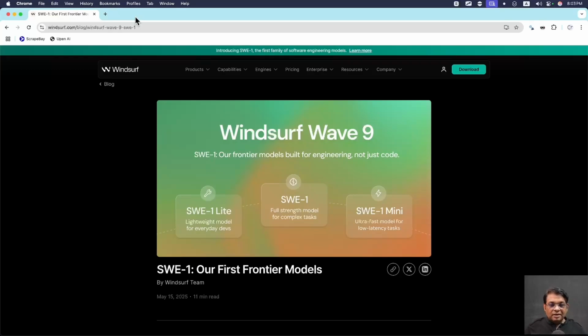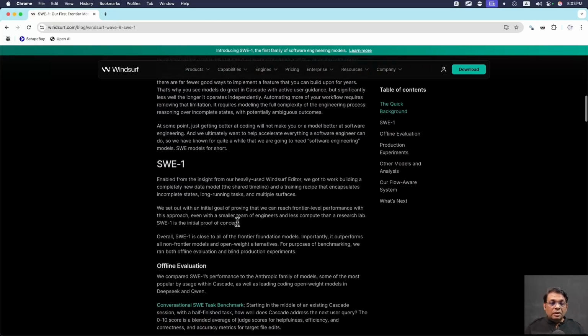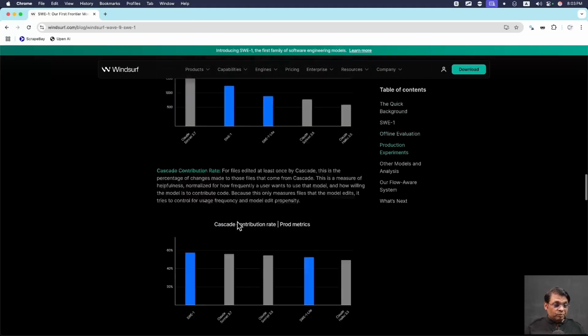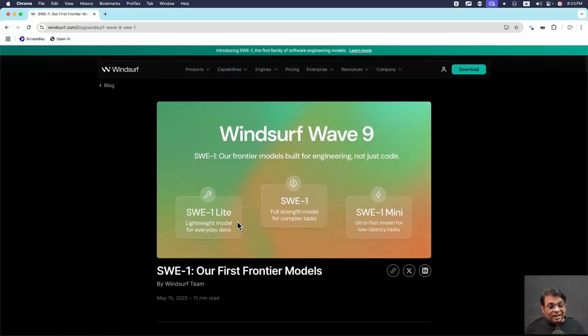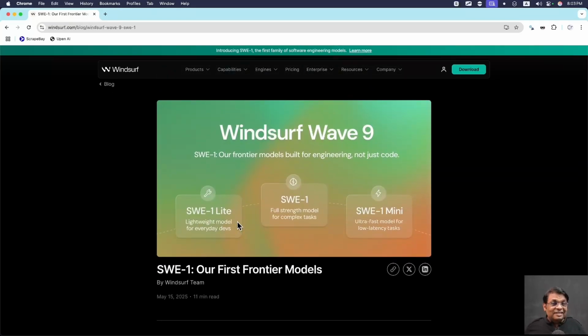So Wave is their big features. And in Wave 9, they have introduced new models called SWE, right? SWE, software engineering. So SWE 1 models have been dropped. And there is a long blog post. It's a long thing. I want to understand everything, but it is very difficult to read that much text,